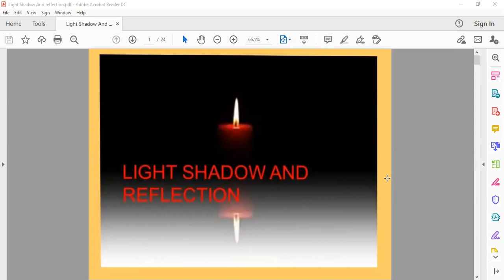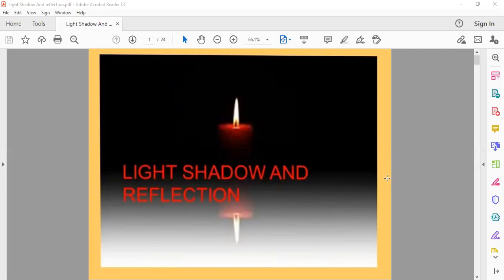And one more question is there: what happens when you go inside a completely dark room? Are you able to see the objects in that room? What happens if we enter into the dark room? Can we see any of the objects present in that room? Or when we light up a candle or switch on the light, or switch on a torch, what happens?